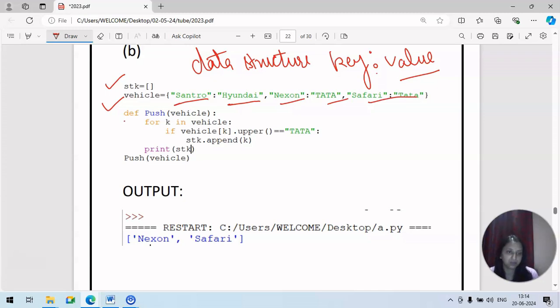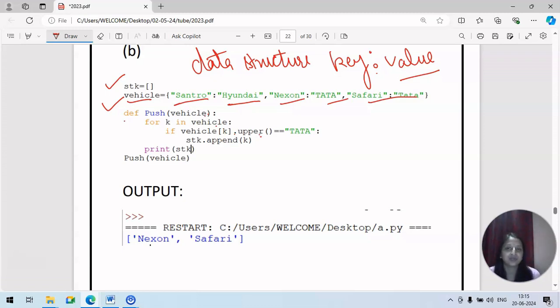So we have def, is a word which is used to define a function push, and there is a vehicle, a dictionary here. You can see we are passing as an argument or a parameter for k in vehicle, okay? So vehicle is the dictionary only, so vehicle k dot upper. So we are checking for what? We are actually checking for the value. So you can directly call vehicle k, whatever the value it will take, and we are converting into uppercase. Why? Because any of the case if you are taking, it will be converted into uppercase and then the checking will take place, okay?